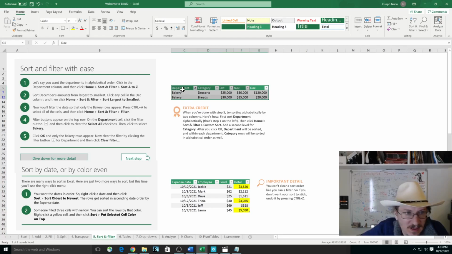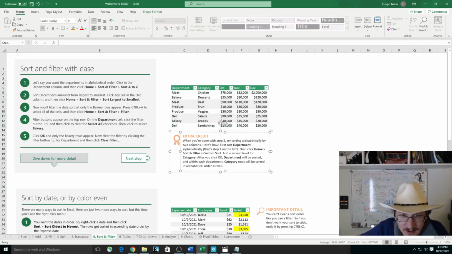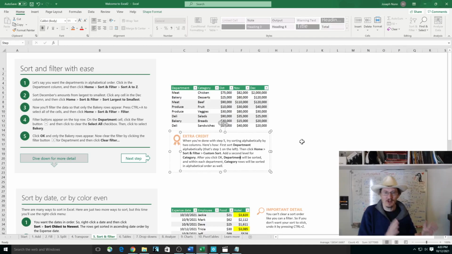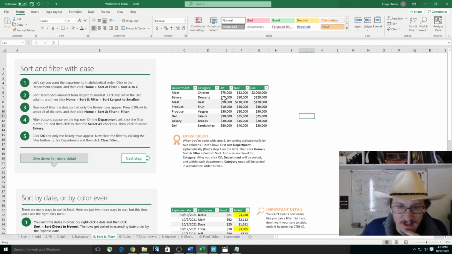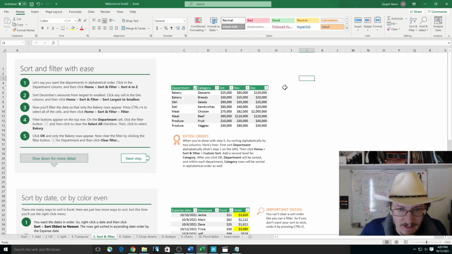Okay, so first of all, what we're going to do is come in here and select everybody. Then we're going to do this extra credit here. We're going to sort by 1 row and 1 column, and then sort by a second one, a subsort. I like this idea. So we're going to sort the department alphabetically, and then